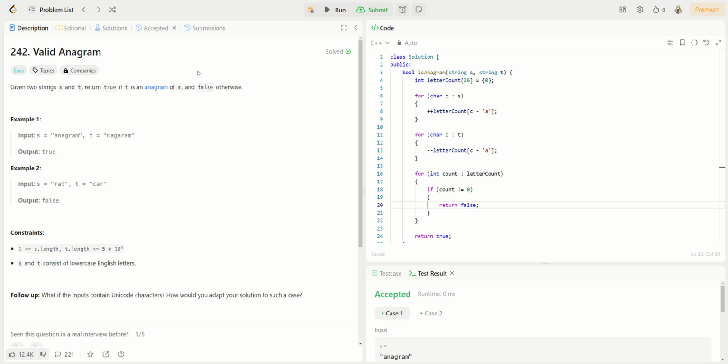Here's another LeetCode problem. This is to determine if one string is an anagram of the other string. So you're given two strings, you need to find out if they're anagrams of each other. The definition of anagram strings is essentially that both strings contain the same characters with the same frequency of